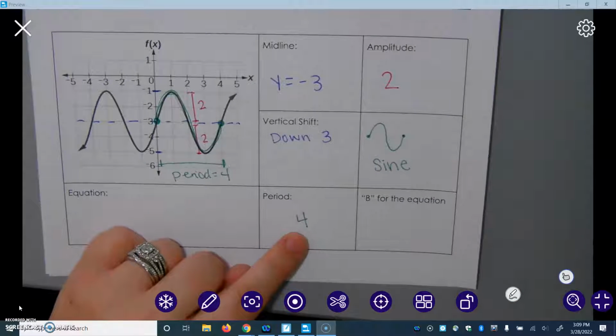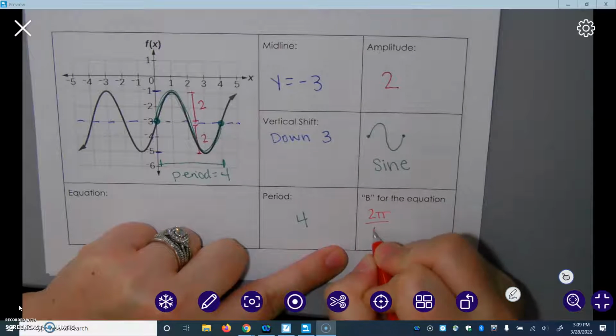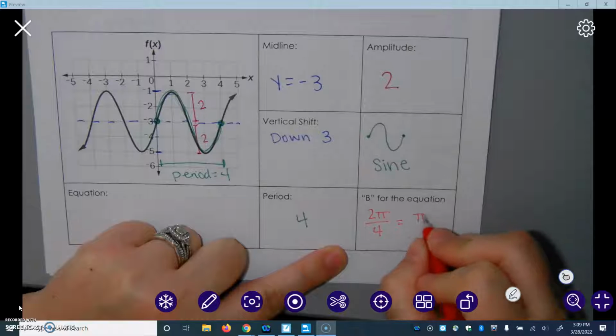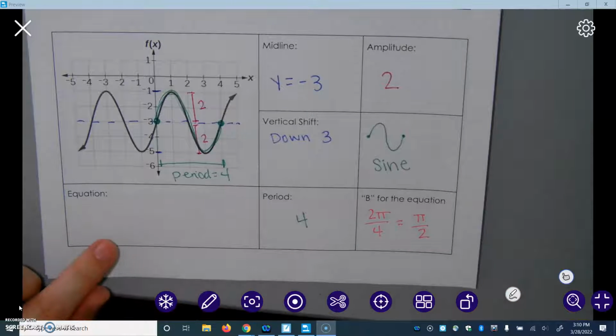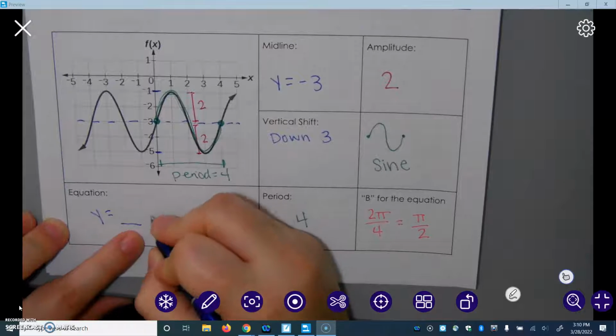No, the number 4 does not get plugged into the equation. I have to do 2 pi over 4. So 2 over 4 is 1/2, so that reduces to pi over 2. So when I go to build my equation, it's going to be y equals